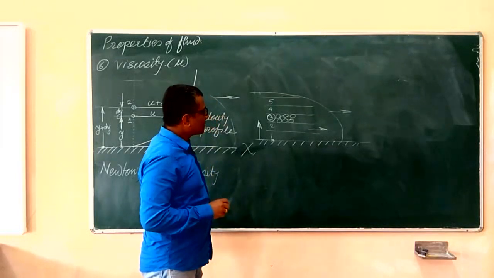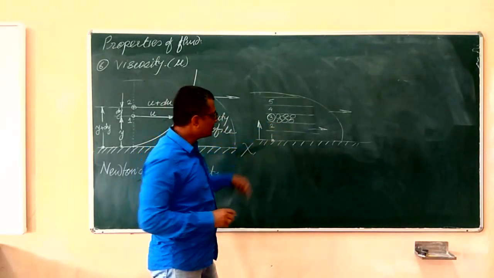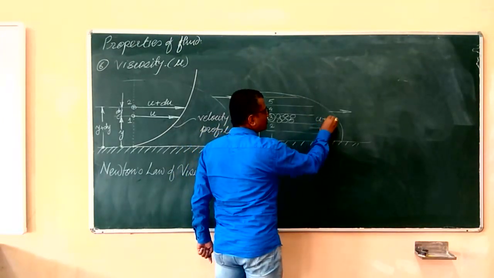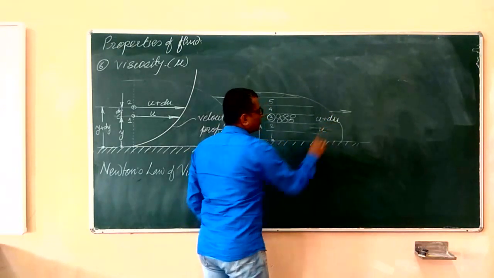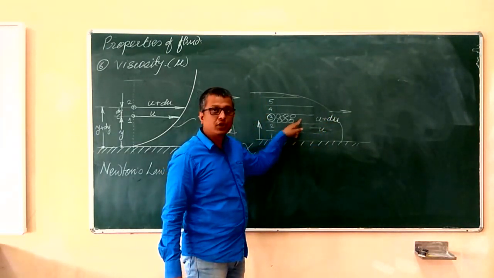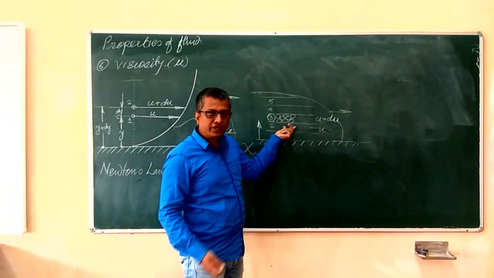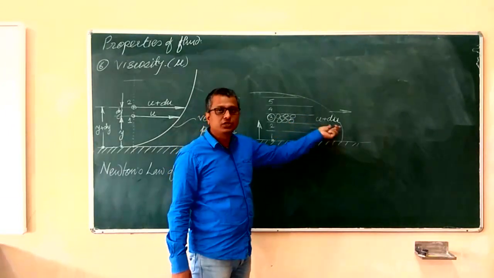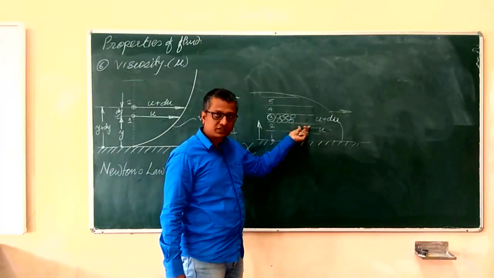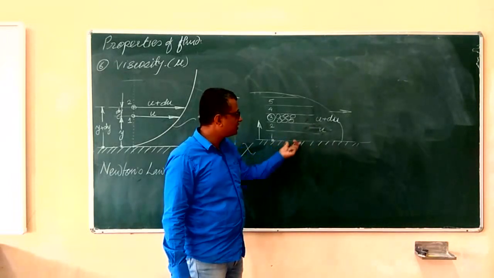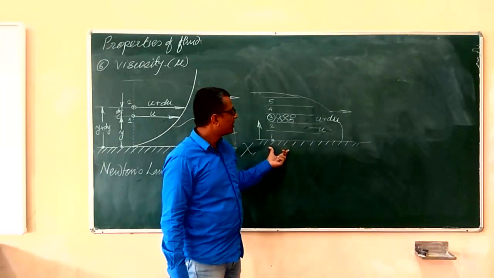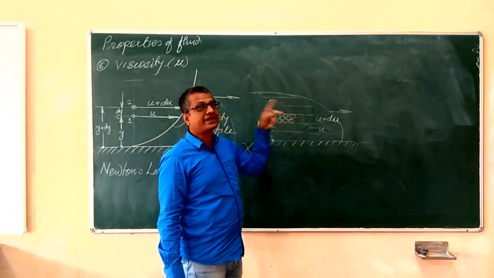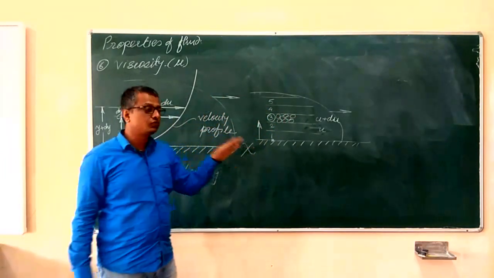Now what happens is, while the fluid is flowing ahead, this layer has some velocity, say u, and this fluid layer will have velocity u plus du, obviously a little more than the velocity of the fluid layer below it. It means if the lower fluid layer has velocity u, the upper layer will have velocity u plus du. Obviously it has to be more than that of this lower fluid layer, since this fluid layer is closer to the solid surface. Now, as these two velocities of the two layers are different, it means there exists some relative velocity between the two layers.